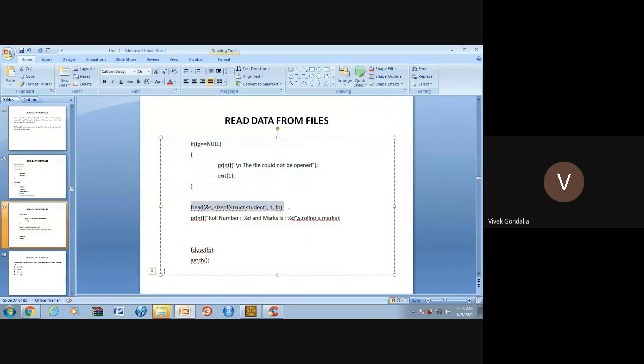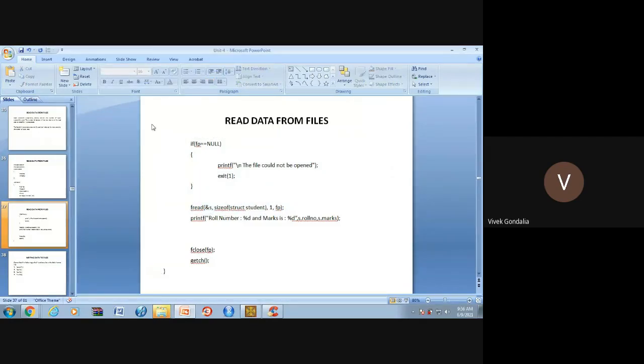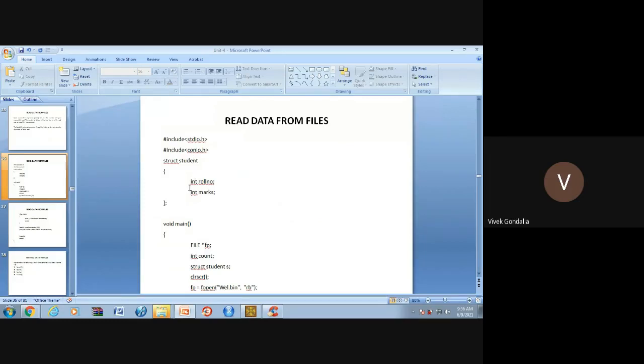And here, what do I have to write? Here, fread is there. So what does fread do? Here I am taking a structure. Suppose I want to take some data from the file, and that file data I want to write into this structure. So I am not taking the data into a variable, I am taking the data into a structure. Then first we have to create a structure variable. So struct student, and see this thing, in this line I am writing the structure variable. So what is the structure variable? s is there. So now I want to take the data from the file and I want to write that data into my structure. Then what will be the